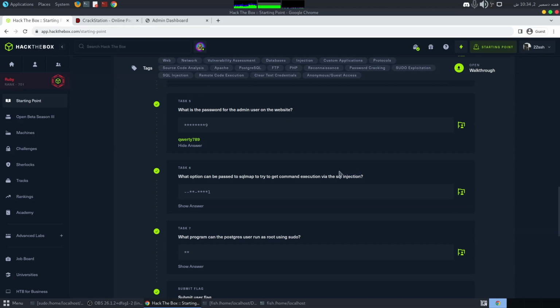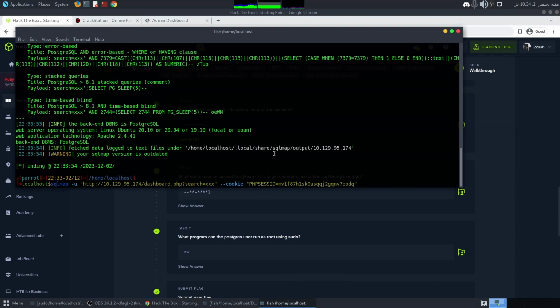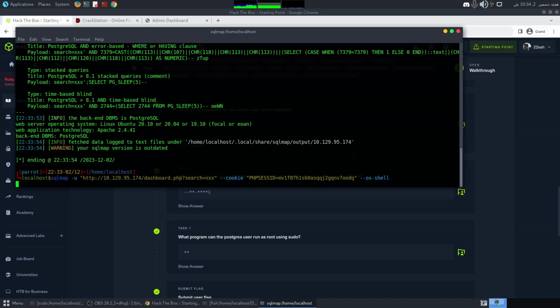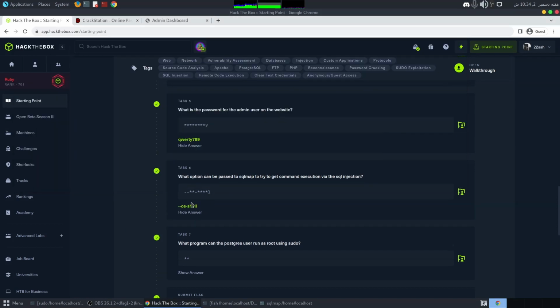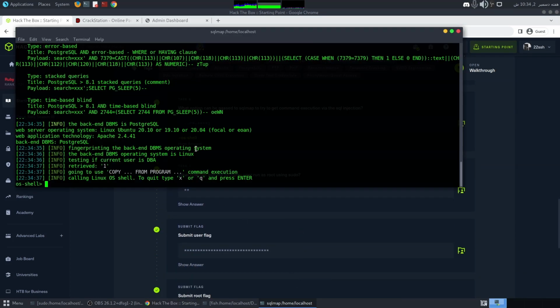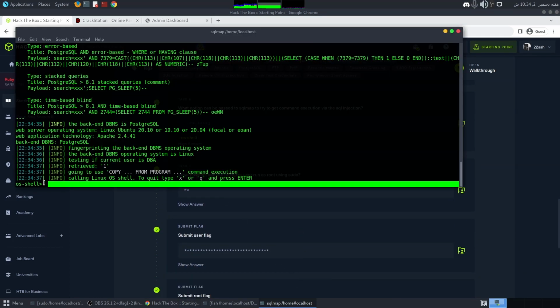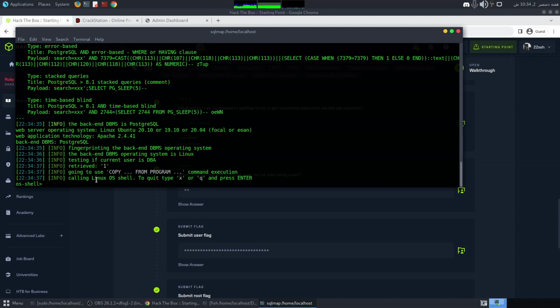So yeah, this was the option I was telling you about. With SQLMap, there is an option called --os-shell we can use to basically get a reverse shell. So this is --os-shell. So anyways, we got the reverse shell here, and now this is not a very stable reverse shell, I would say. So in order to get a stable reverse shell, we can